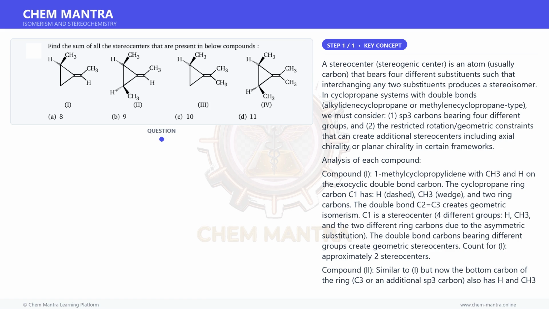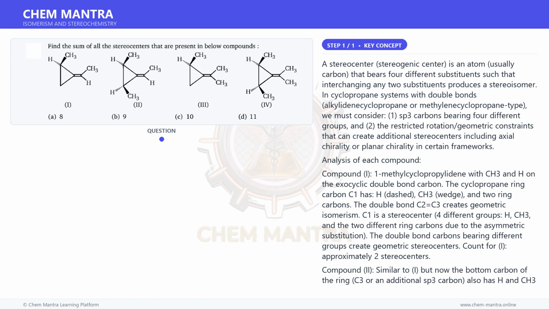1: C1, sp3, 4 different groups, equals 1 stereocenter. The double bond creates E/Z stereocenter equals 1, total equals 2. 2: C1 equals 1, double bond E/Z equals 1, lower carbon C3 equals 1, total equals 3. 3: C1 equals 1, double bond with gem-dimethyl, no E/Z, but axial chirality of the